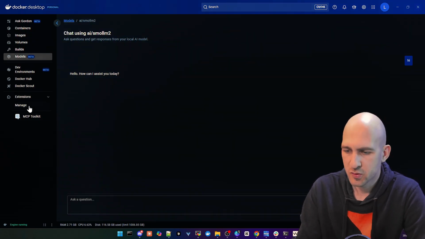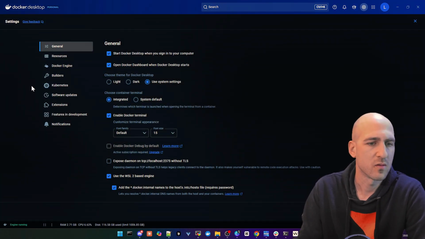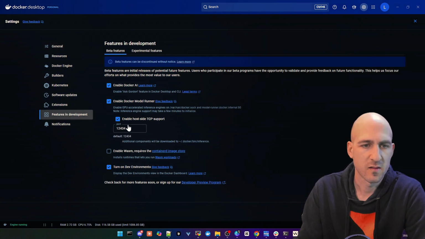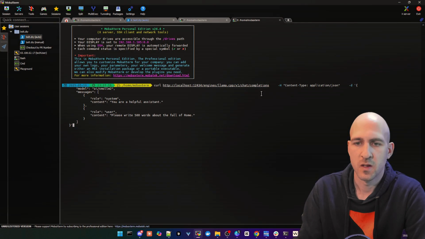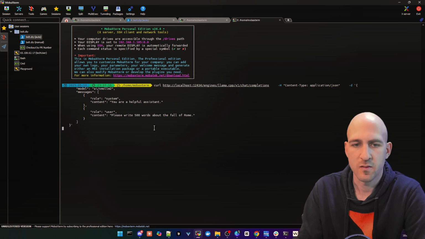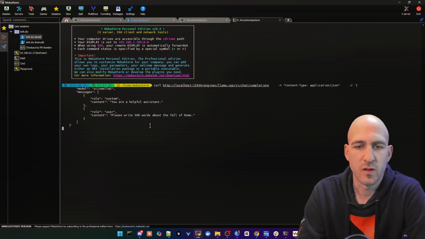And you need to make sure you enabled, as I showed before here in settings, features in development, to enable the host side TCP server support with this port. And then you can use the curl as seen here, and we can fire it up and hopefully get an